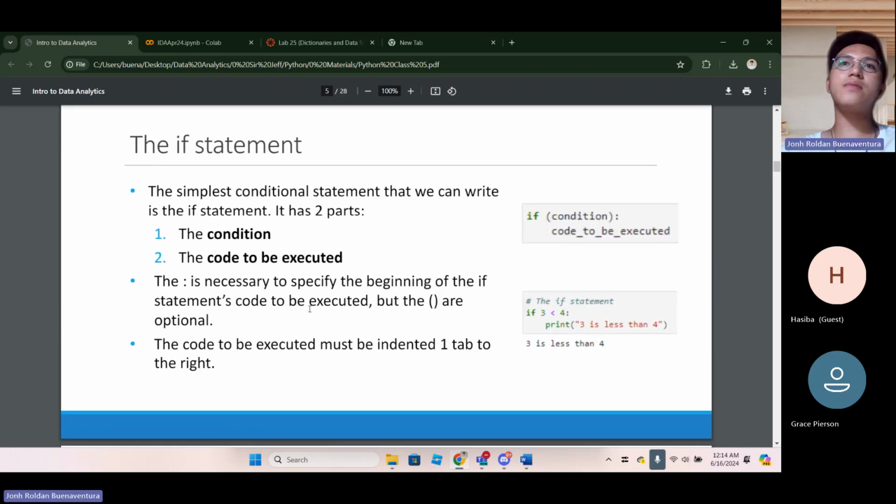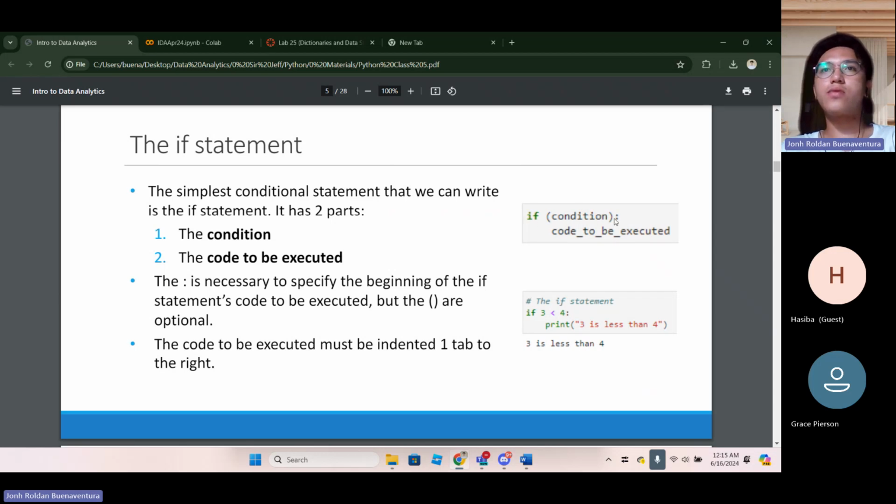The if statement has two parts: the condition, and under it, the code to be executed. We know that this part is dependent on this line because of the space, the white space or the tab, which means that this code to be executed is dependent on this line.